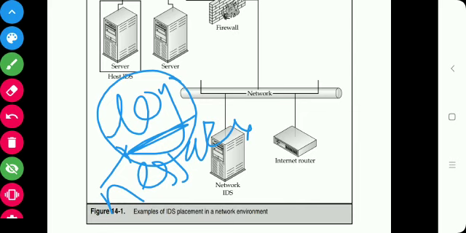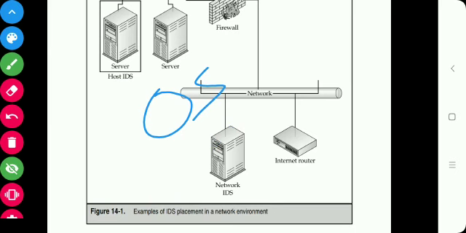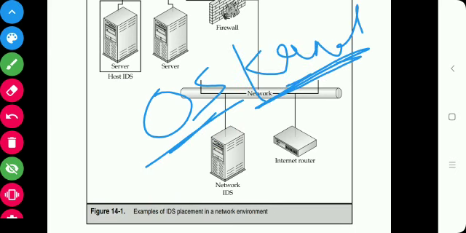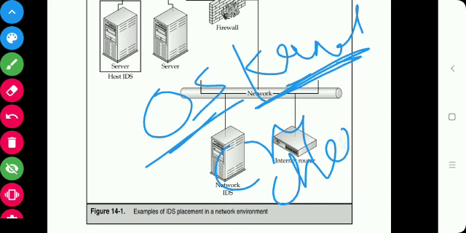Most recently, a new form of host based IDS has been created that examines the operating system kernel. Both types of HIDS are capable of checking files on the system for modification. This is done by a cryptographic checksum. Here the cryptographic checksum is used, and also a hashing function is used.